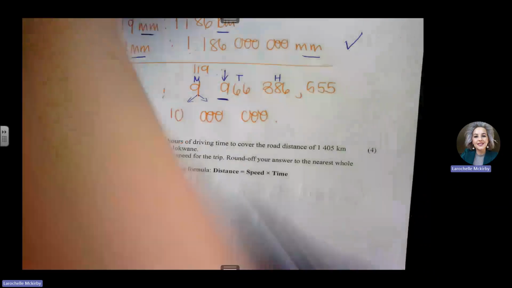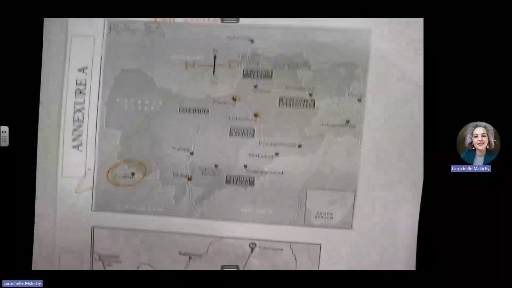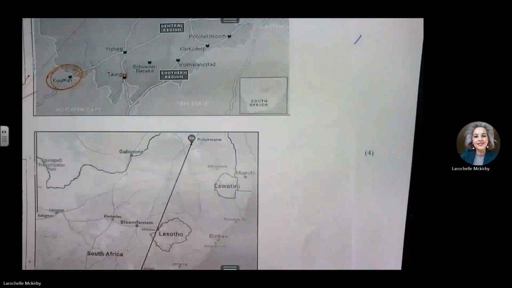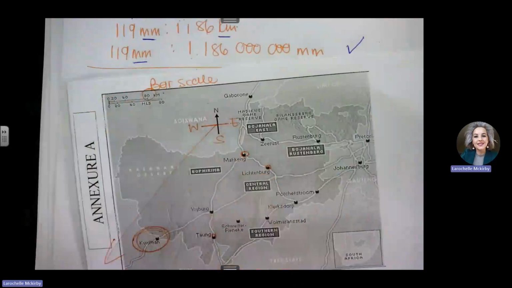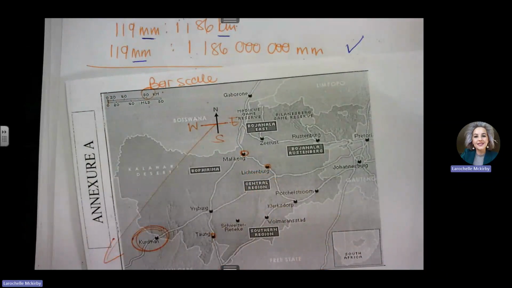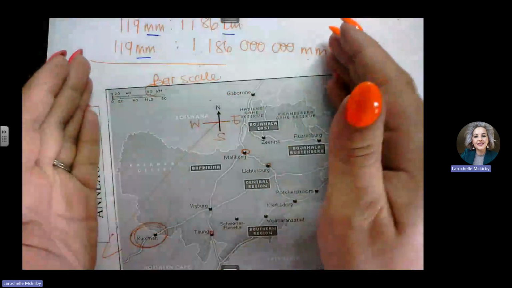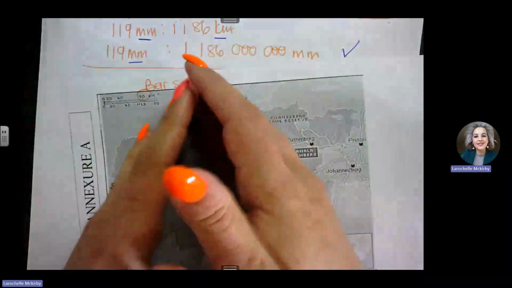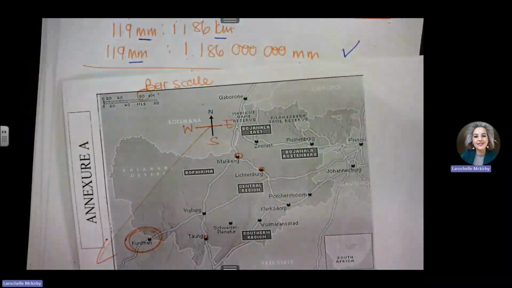Let's talk on scales, the advantages and disadvantages. The advantage of this bar scale is I can take this map and make it bigger to fit on one page. And the scale will remain exactly accurate because a bar scale can expand and shrink and the measurement will then be according to that. So that is its advantage.